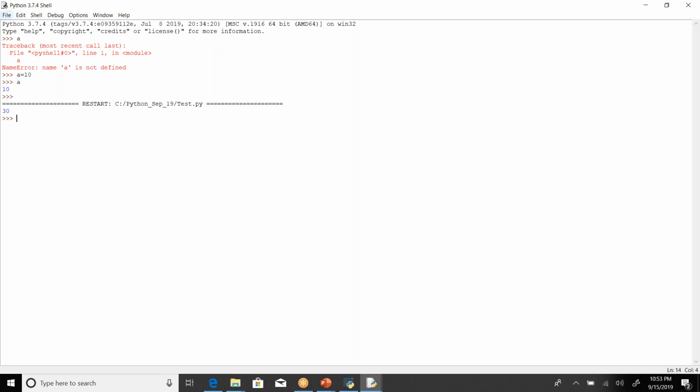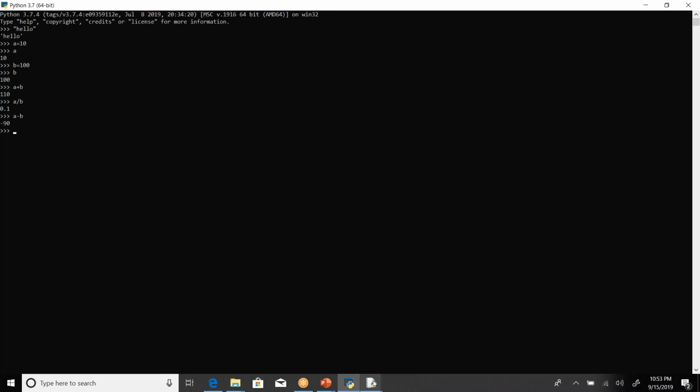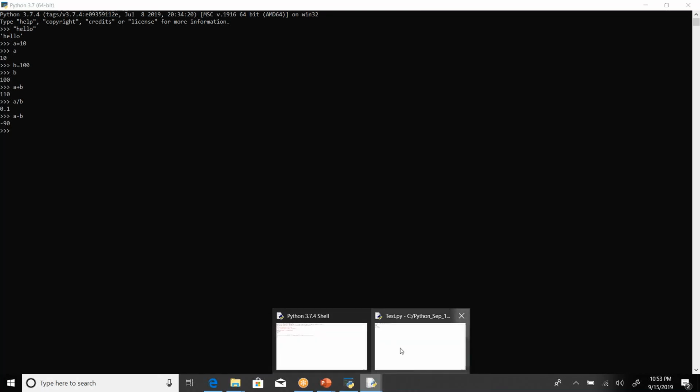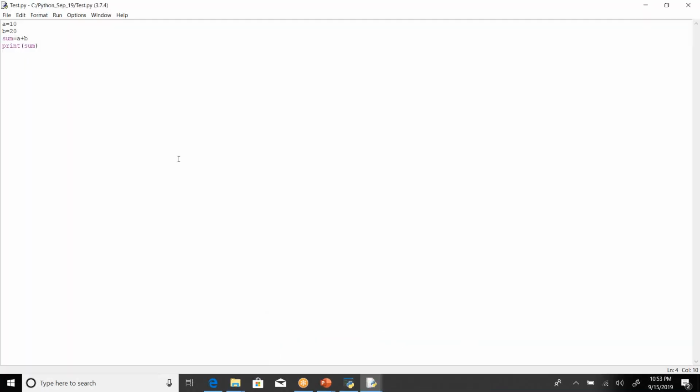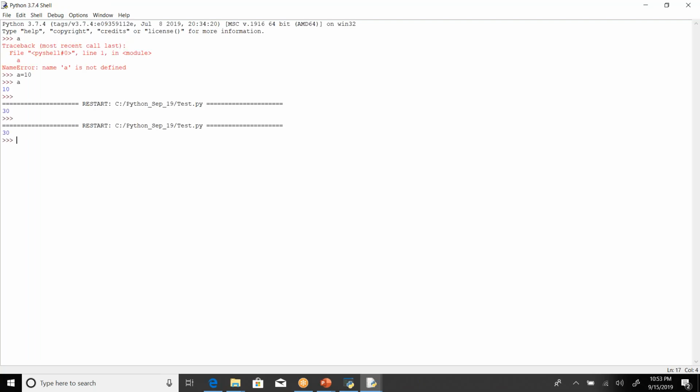All right. So this is how you can practice from the shell directly, or you can write a program in the IDLE editor. However many times you want to run it, just Run Module, that's it. Save once and use multiple times. But in the interactive shell,